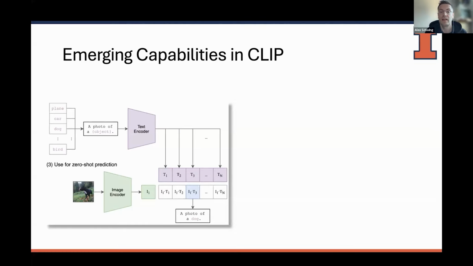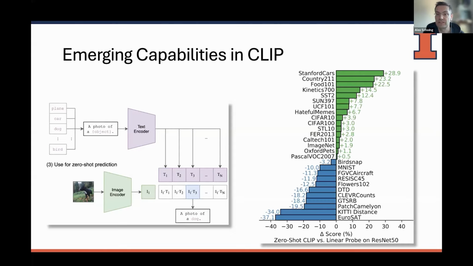And we essentially then compare the text representation to the image representation and retrieve the highest scoring one, and that's going to be our class label. Now, when we train models in this form, we can obviously use it on any data set that you will, and this is exactly what the researchers did, and they compared it in this plot on the right-hand side